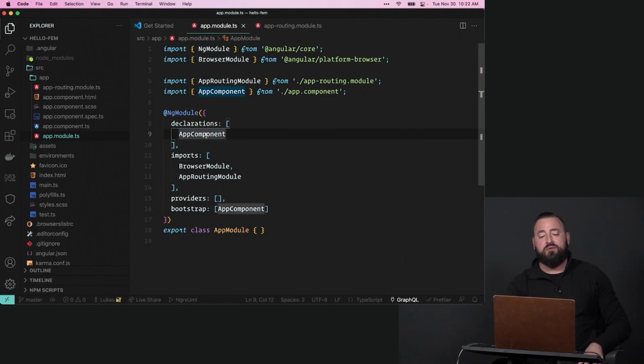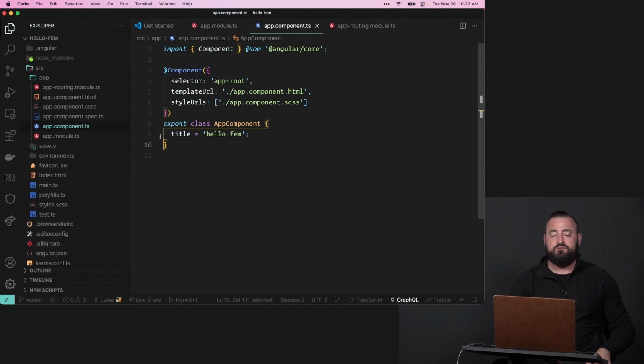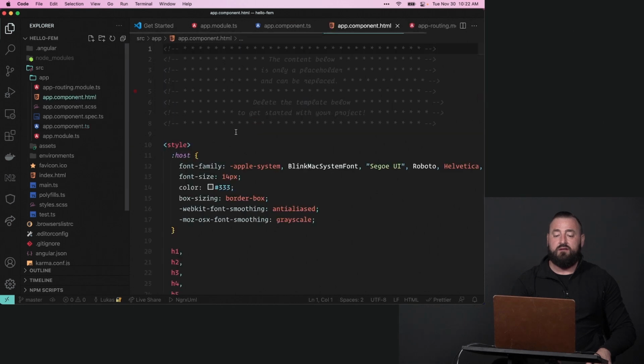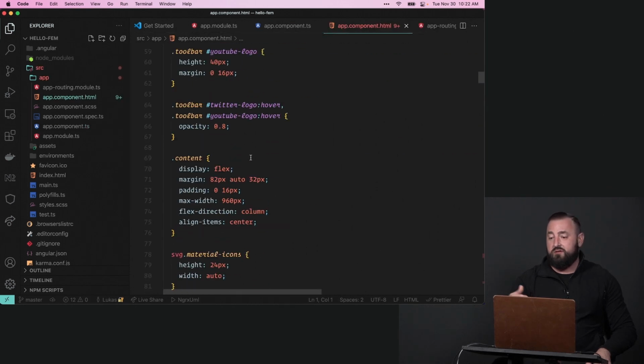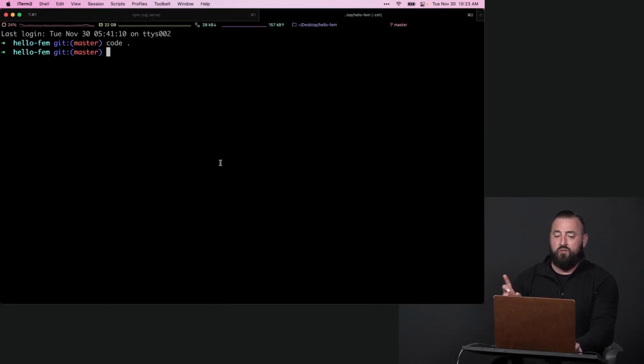And we have our app component, and within this, you'll see not a lot's happening other than we have a class, our metadata here, and then this is all of our markup. So I don't want to get too much into this, but what we can do is